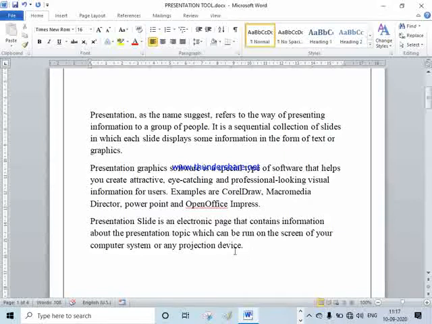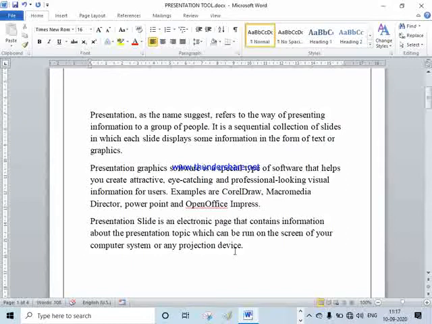These are just like your drawing sheet, drawing book. The software package itself is the book, and pages are your working area, or say electronic pages, and each page contains information about the presentation.